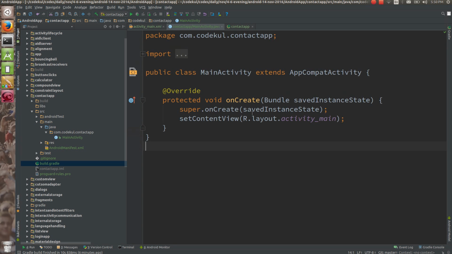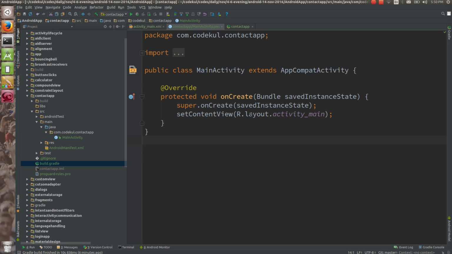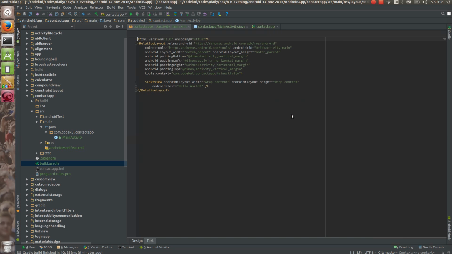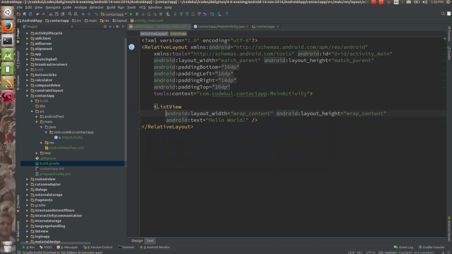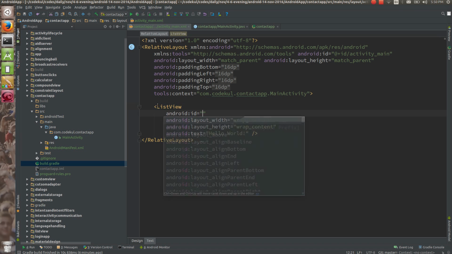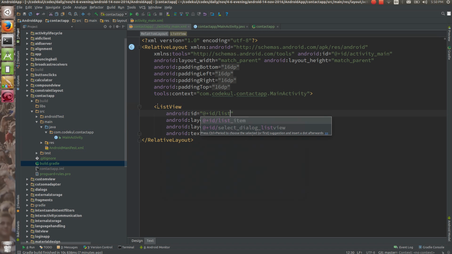Now in this tutorial we are going to see exactly how this is going to access the contact list. So let me have one list view over here. In the linear layout let's have the list view, and you can provide some id at plus id. You can say list or simply say list contacts,